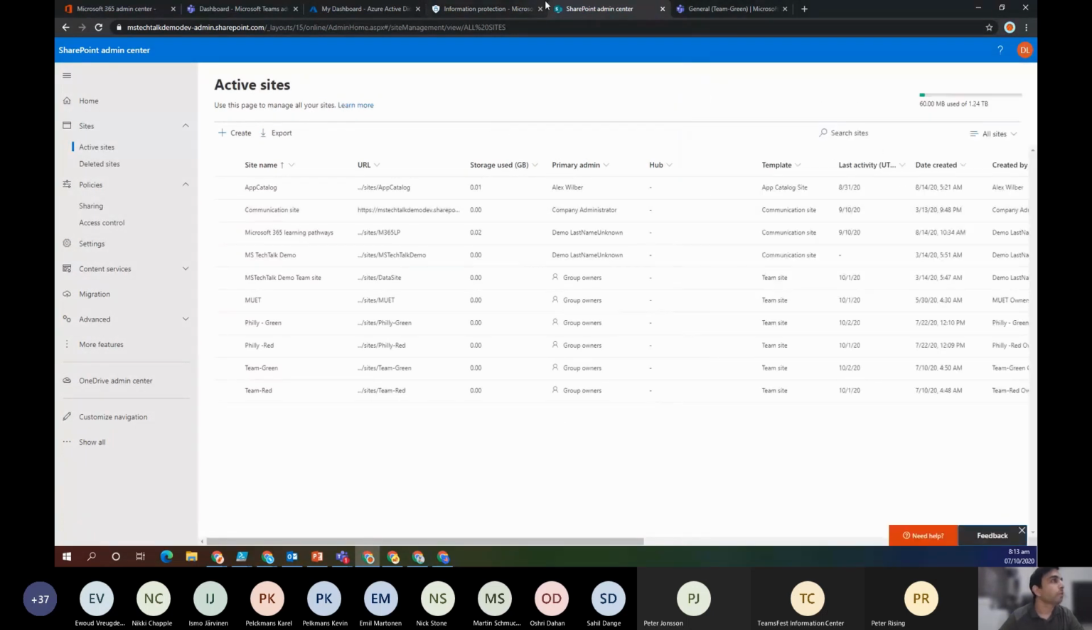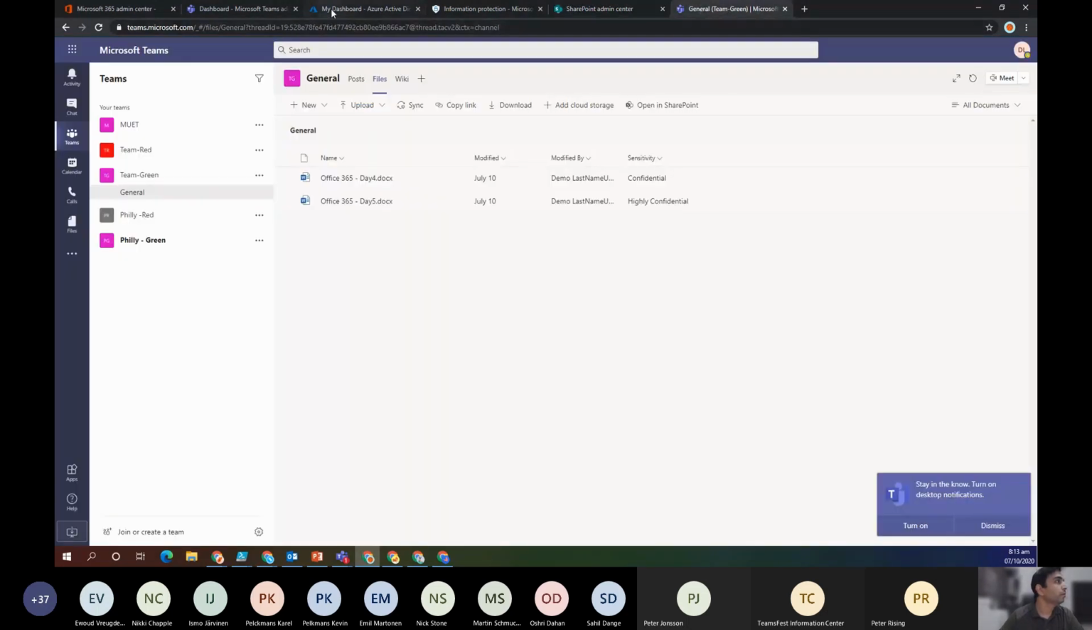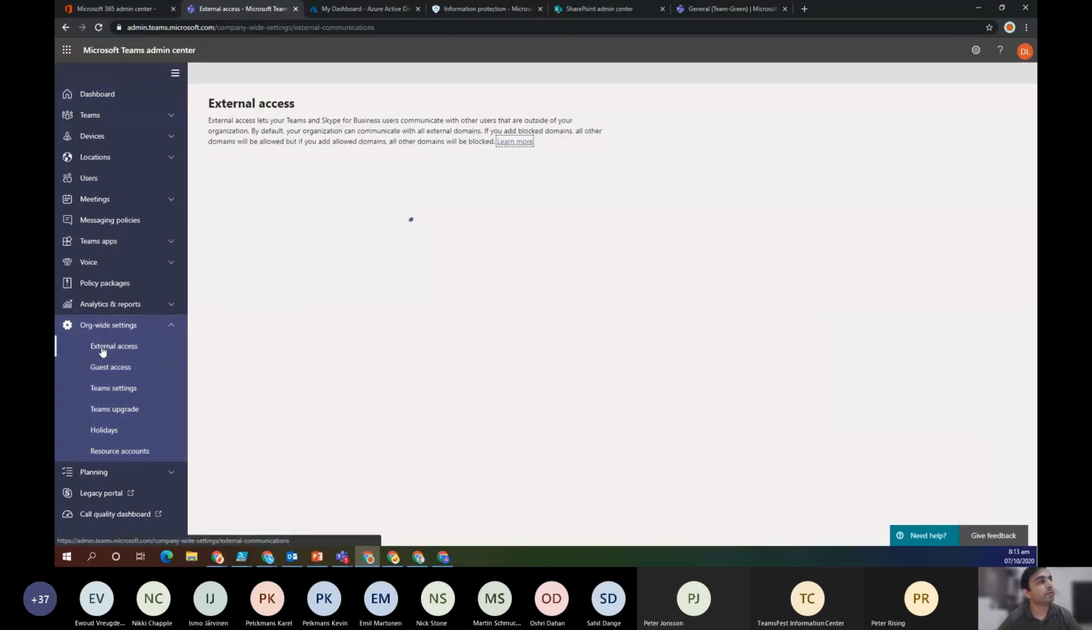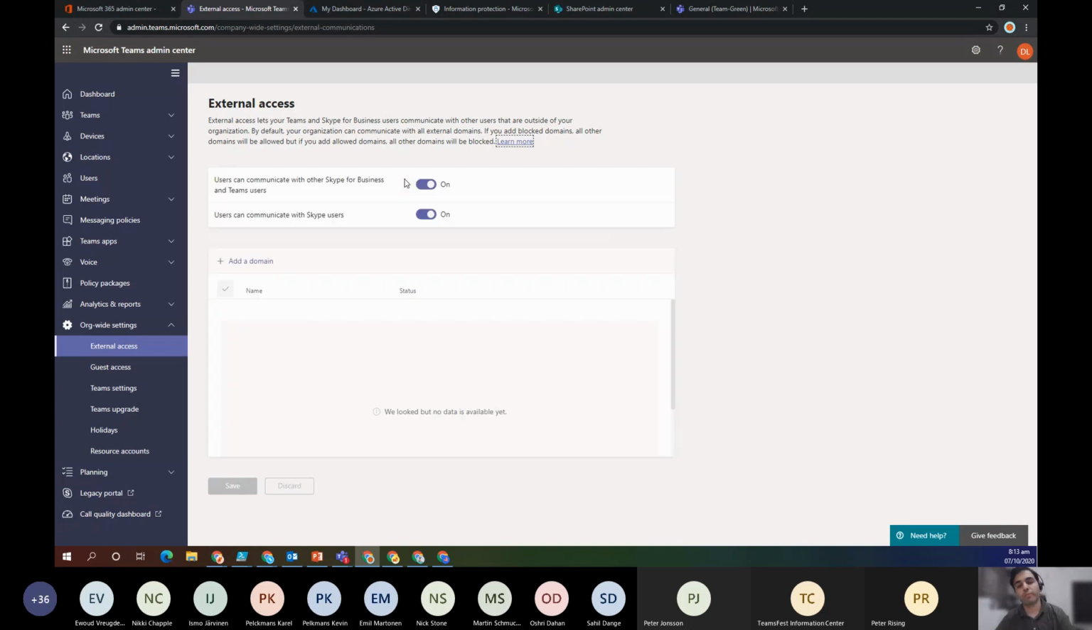Let me jump back to the Teams Admin Center. On Teams, if you go to the organization-wide settings, here you can define the guest access, and there are also a couple of other settings available which we will not be covering in this session. But you can directly configure that in the Teams Admin Center. And one more thing,